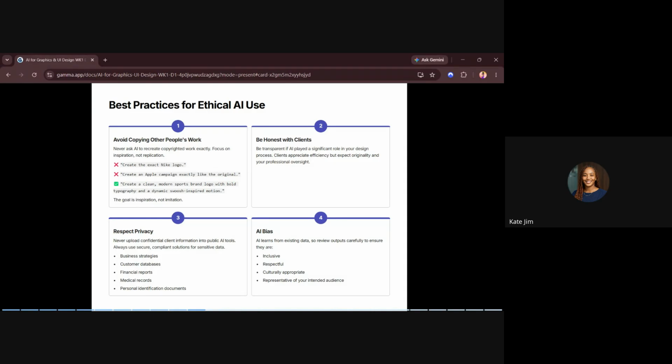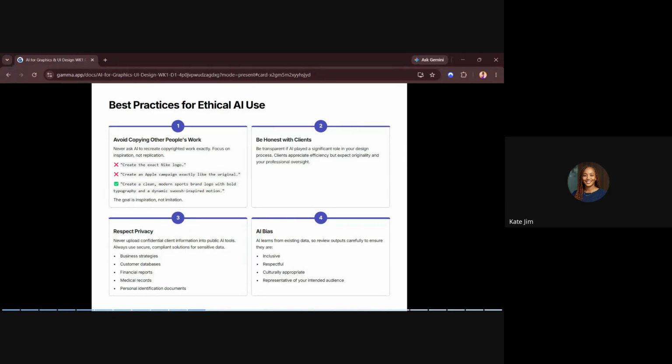So avoid copying other people's work. You can use it to build your skills, but don't publish it as your own. I actually advise my students to replicate designs. You get used to the systems. Like you can take WhatsApp. If you're into UI, you can design the entire interface. But by doing that, you're not saying that WhatsApp is your own. Who is going to believe that? No, you are getting used to the system. You know that if I click on this, this is what's supposed to happen, because this is how it's done in a real, working system.